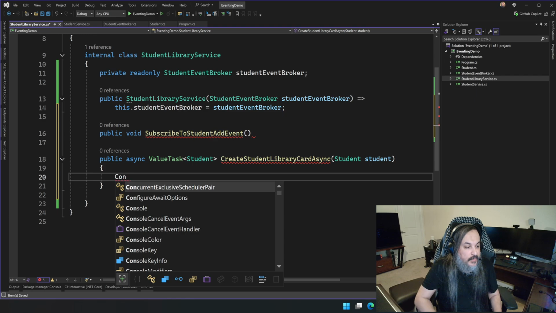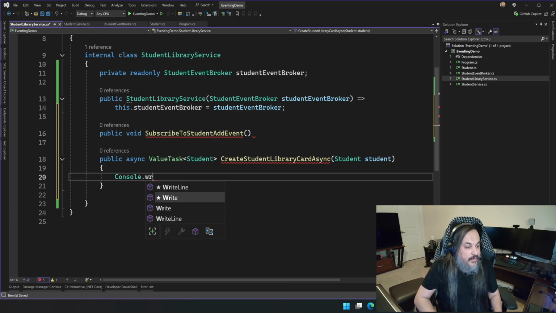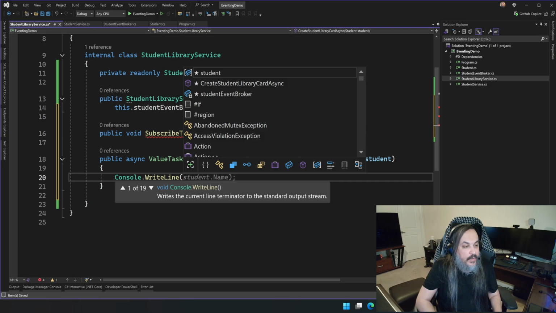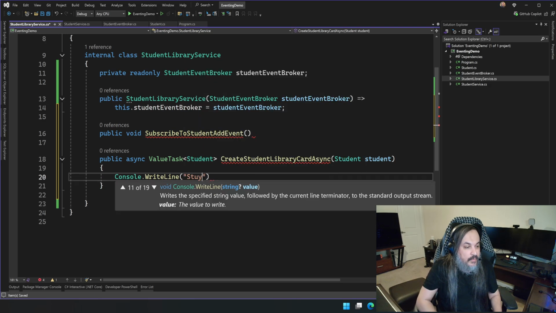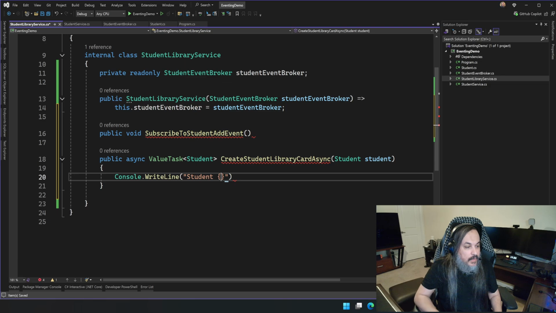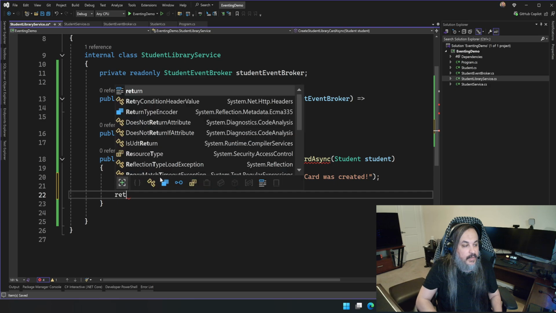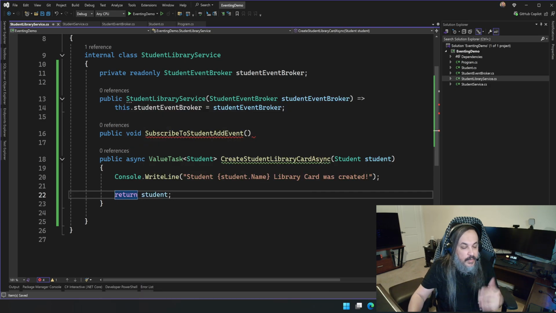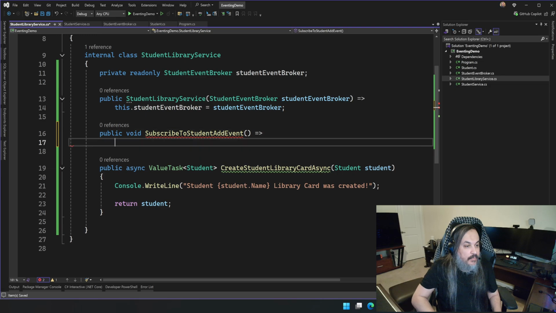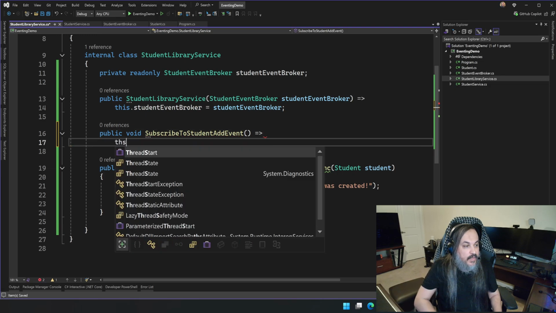I'll just do console write line. There you go. And then I'm gonna go here and say student.name, library card was created, or something like that, right? And then I can return the student if I want to, just for the contract or whatever. Okay, so now I can actually subscribe and listen to that event, because I can go here and say